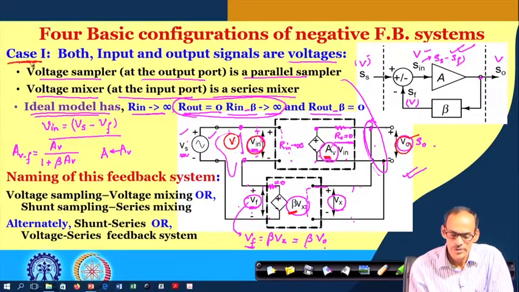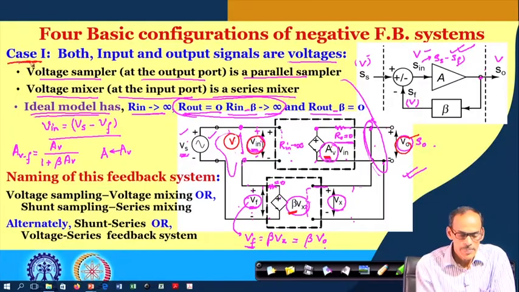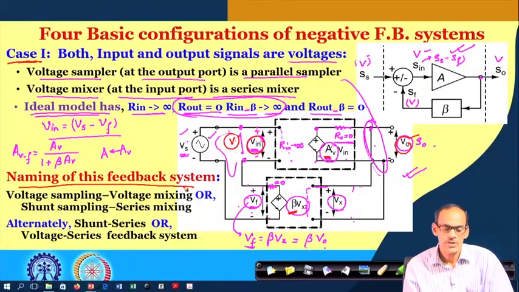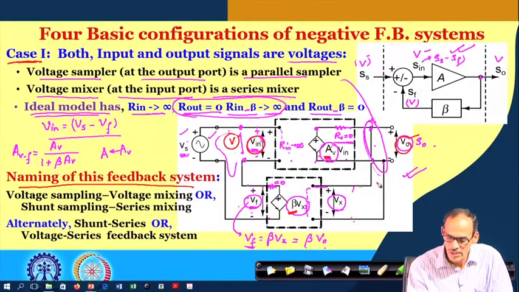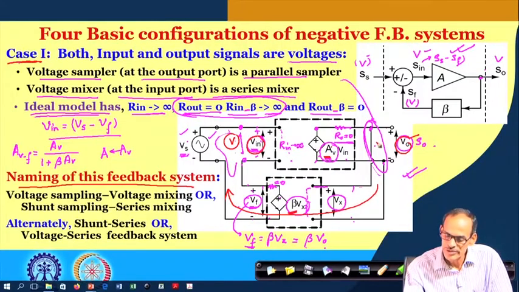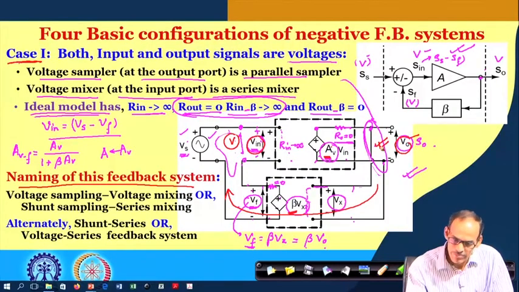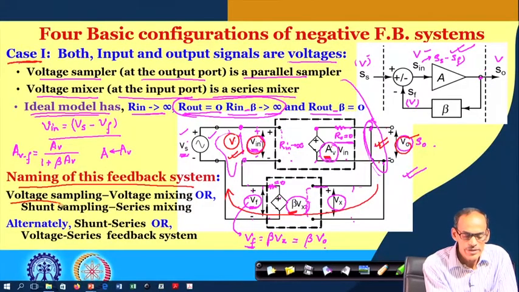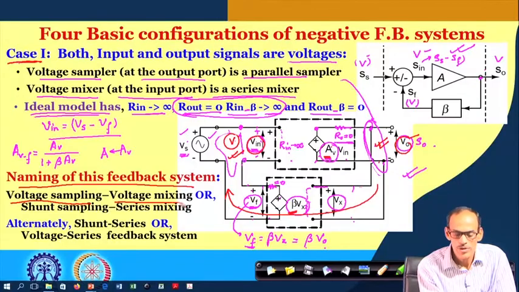And how do we name this configuration? As you can see, here we are summarizing the naming conventions. Again, it may vary from textbook to textbook, but you should not get confused with different naming. If you see here, the feedback signal is going through this path. Whenever you name it, you should say the type of the sampler and type of the mixer. So, in this case, what you have is a voltage sampling and voltage mixing feedback